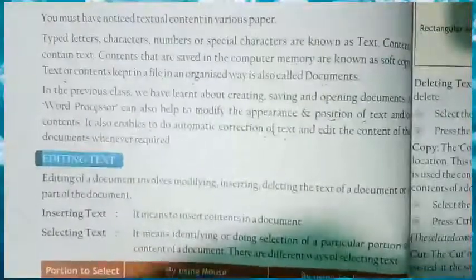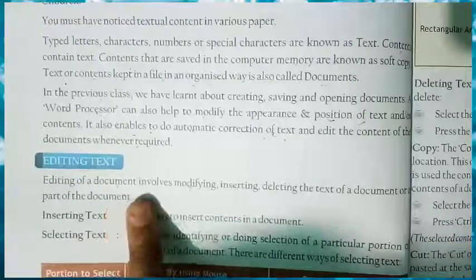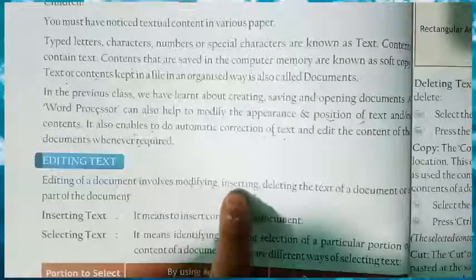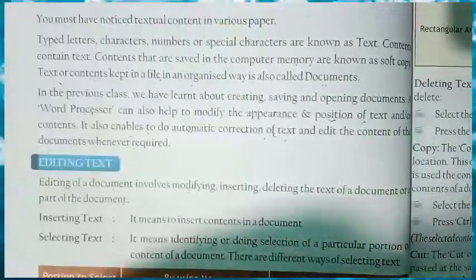Editing text. Editing means to make some changes. Editing of a document involves modifying, inserting, deleting the text of a document or a part of a document.